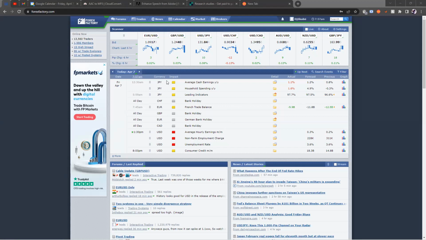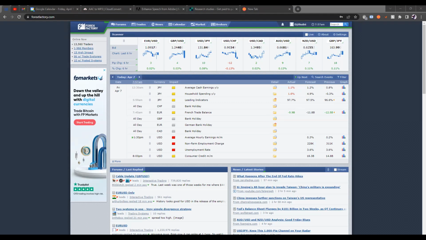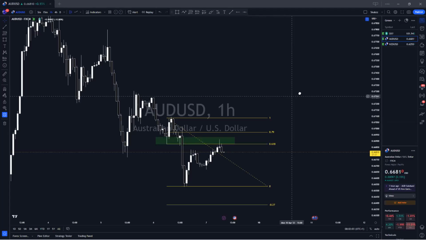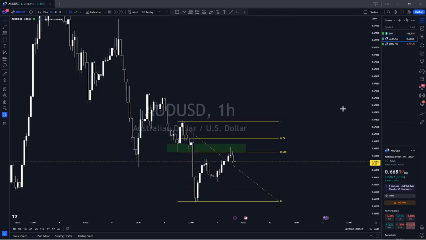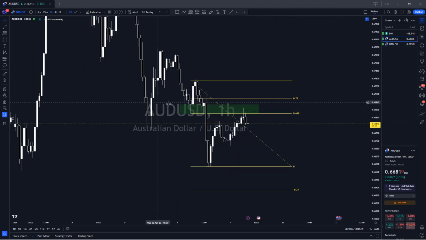Now, fundamental wise, we have NFP today, which clearly we know. Normally, I would say, in short, I'm not actually going to trade today, but let's just look at the market. So now we actually have some sort of opportunity here right now on AUD USD. So now if we look at this,